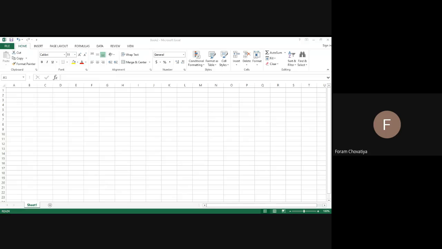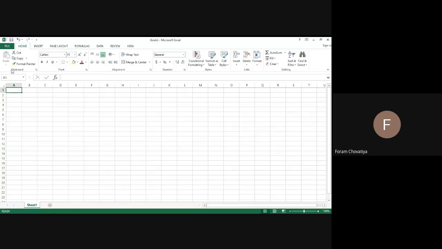So first of all, we have to open a blank sheet. Write the spelling EXCEL in the search menu, then you see the software name and click on it. You will see this type of sheet. The whole format is called a sheet and the individual box is called a cell. Do you understand what a cell and a sheet are?